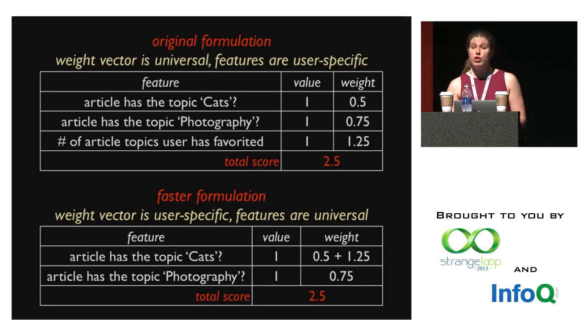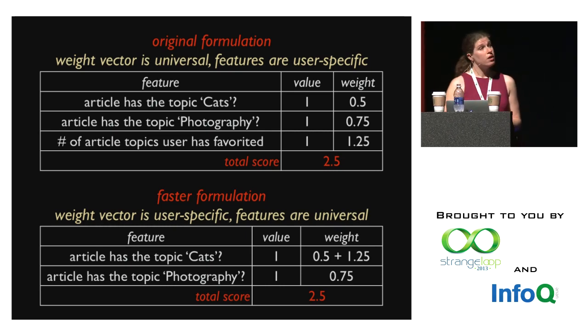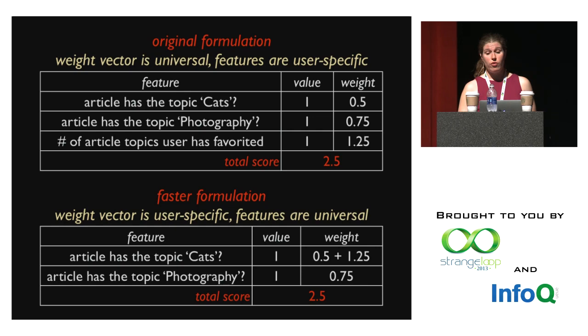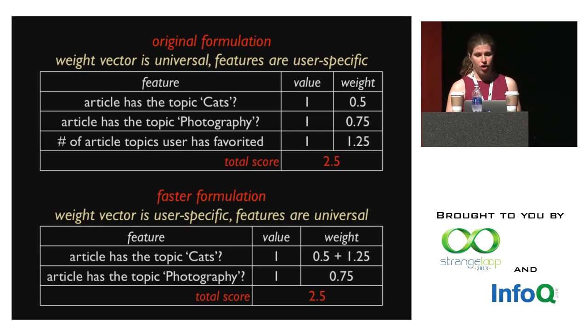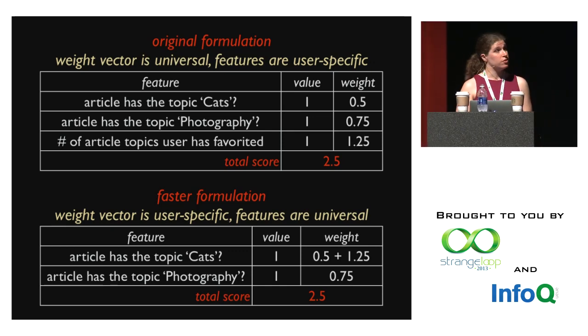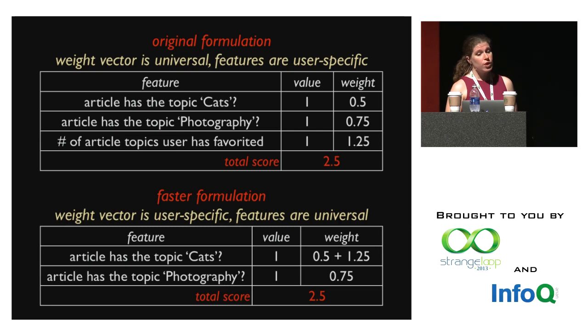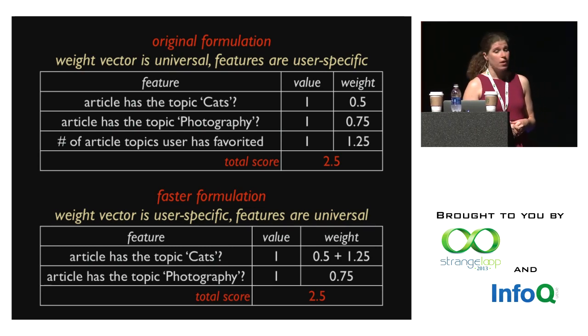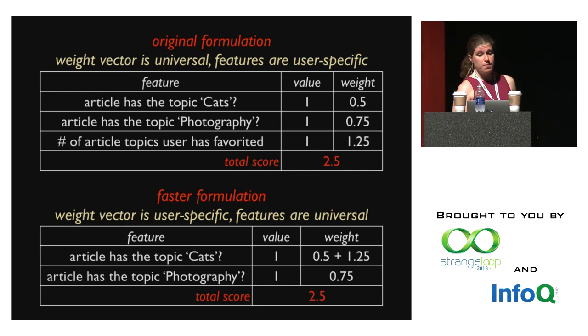So instead, we do some algebraic manipulation. In our original formulation, the one that we actually use when training offline, and that I've been describing to you thus far, the weight vector is user-specific, but the weights themselves are universal. However, we constructed the features so that the ones which are user-specific can actually be constructed from other features which are only over the document. This table on the top shows 3 features. The first 2 are about topics on the article and have nothing to do with whatever the current user is. The last feature is user-specific, but it is closely related to those first 2 features.